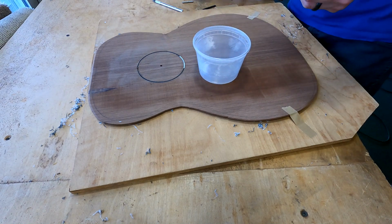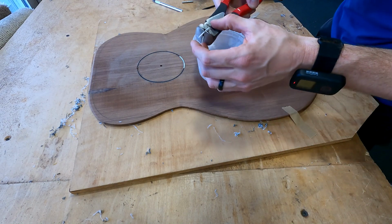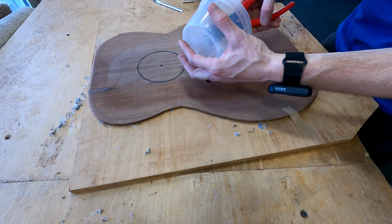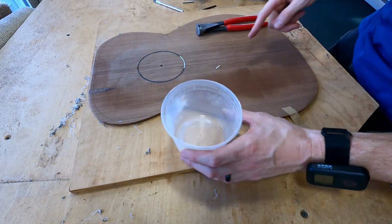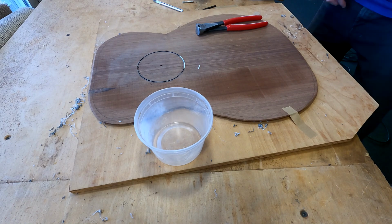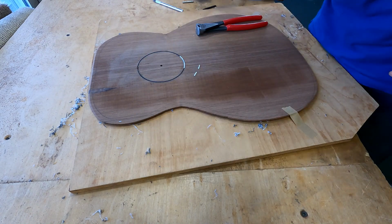So first of all, I'm just going to nip this. For the size of this curve here, breaking this in half is about right. And I'm using this cup here just so that the one piece doesn't skate off the table, but I angled the cup poorly and it did skate off the table. So there it is. Okay, so I got two pieces,